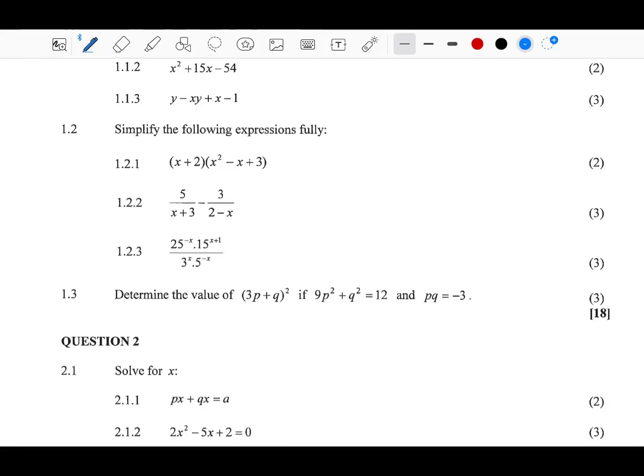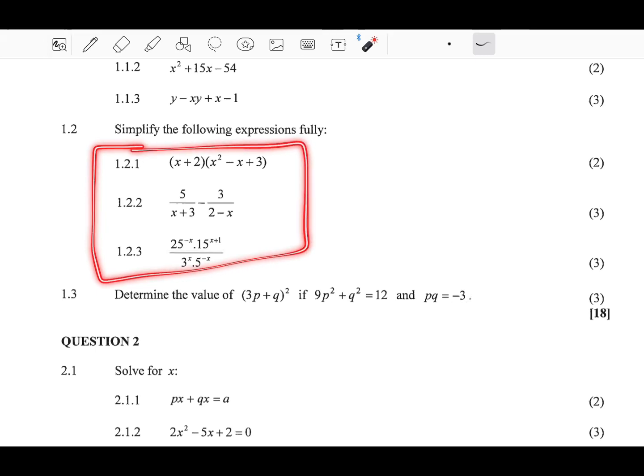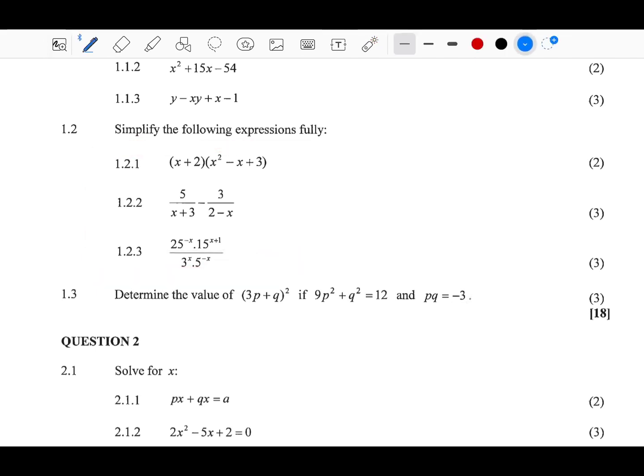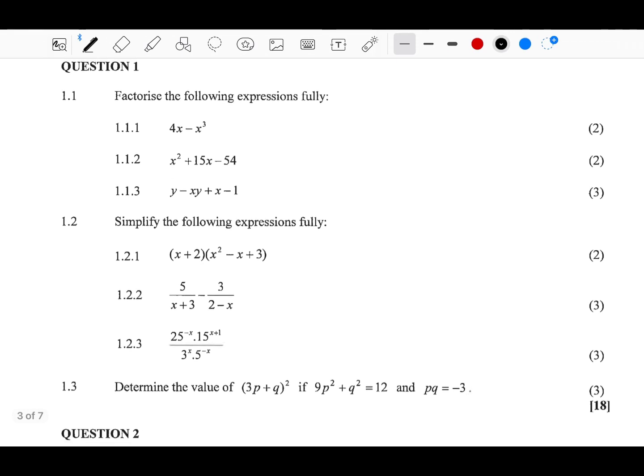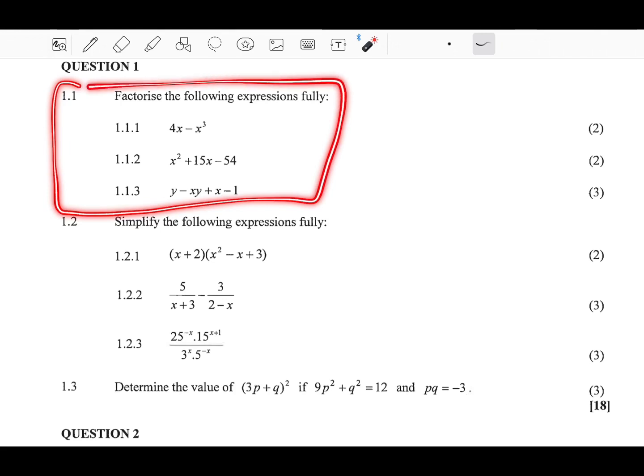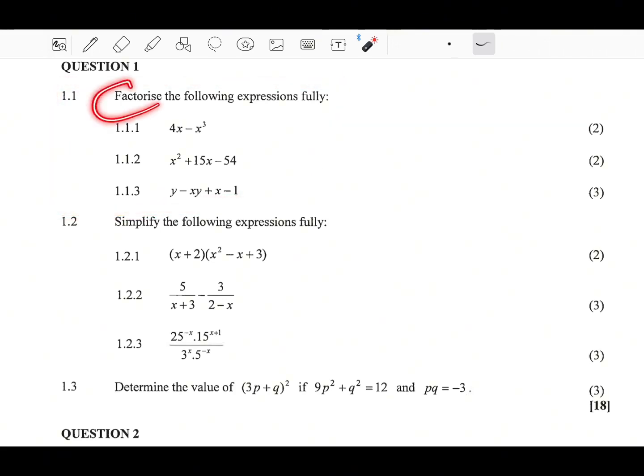In this video, we'll be learning how to simplify the following expressions. Boom, let's get into it. All right, so 1.1.2. By the way, we have done 1.1. Check it out. We've learned how to factorize the following expressions, but now we are learning how to simplify these expressions. Big difference. Check out the previous video. In this video, we'll be learning how to simplify. Right, so